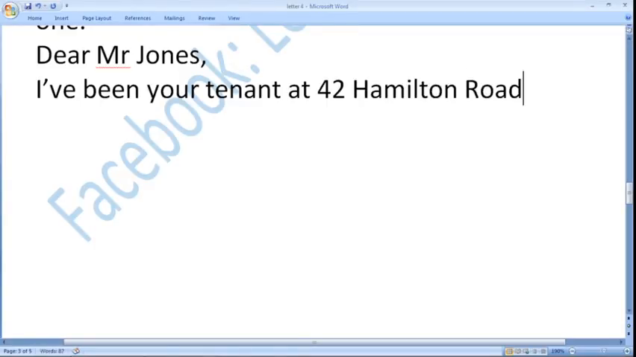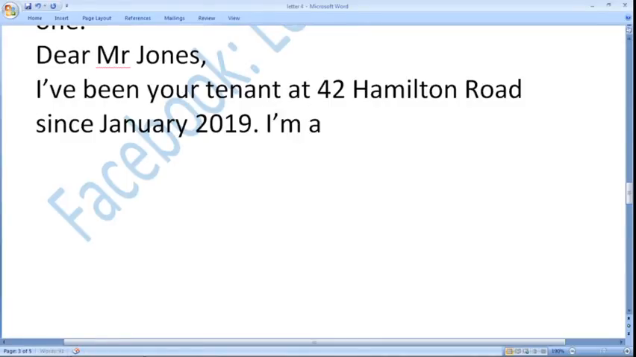Hamilton Road since January 2019. I have been your tenant at 42 Hamilton Road since January 2019, and I'm using a contraction as it is semi-formal. I am a medical student